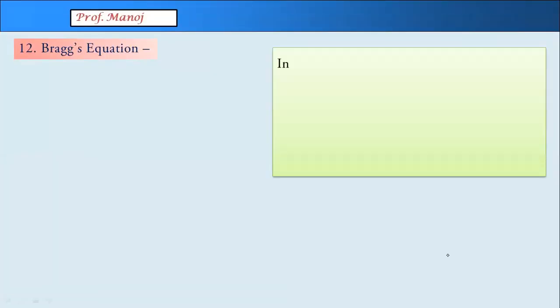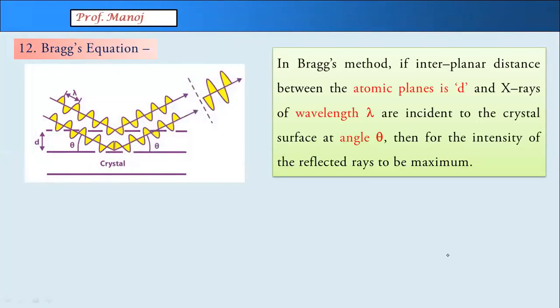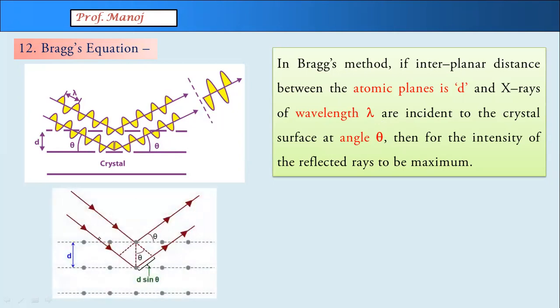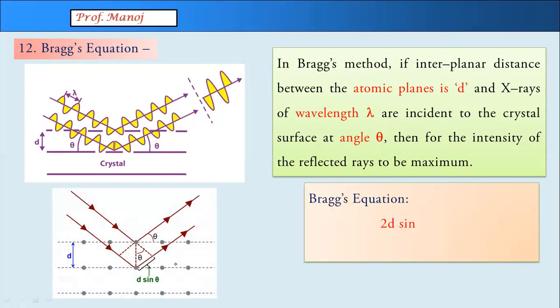सो उसी डायग्राम को हम लोग ने, ये मुझे अच्छा एक डायग्राम मिला था नेट पे, वो दिखा है. एटॉमिक प्लेन्स का डिस्टेंस is d, वेवलेंथ lambda, and they are striking at the surface crystal at an angle theta. इसका एटॉमिक लेवल का डायग्राम इस तरह से ड्रॉ किया है. फिर इसका आपको डेरिवेशन भी करना है फिजिक्स में, यहाँ पे हम लोग को डेरिवेशन नहीं है. फाइनल इक्वेशन हम लोग लिखेंगे, Bragg's equation is 2d sin theta equal to n lambda, where first level of atoms